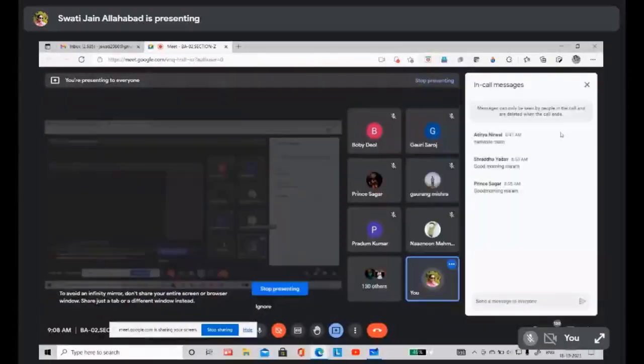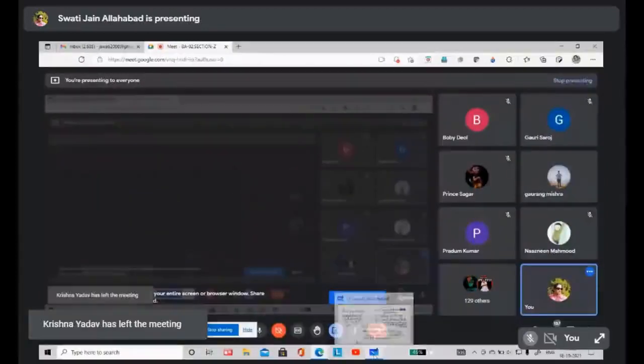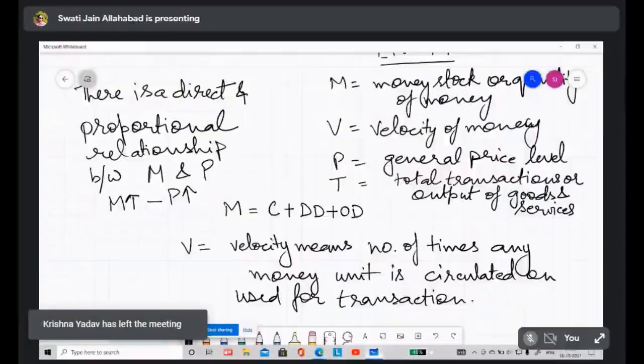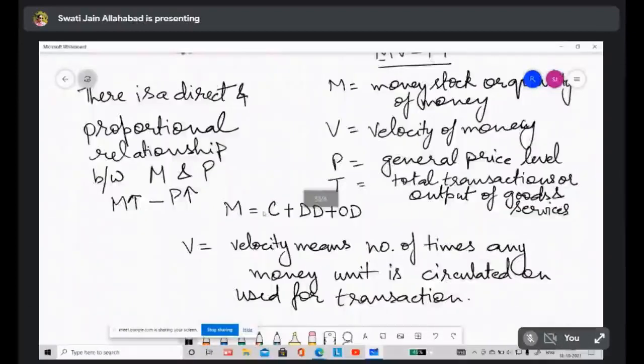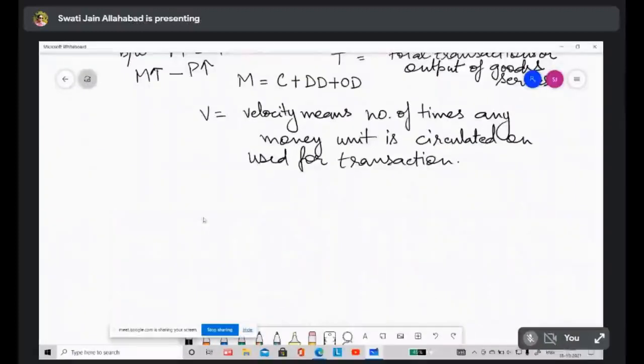Anything else? No. So what is more important for you to understand is the idea which the classical system is proposing, or what Say's law is saying. Say's law of market